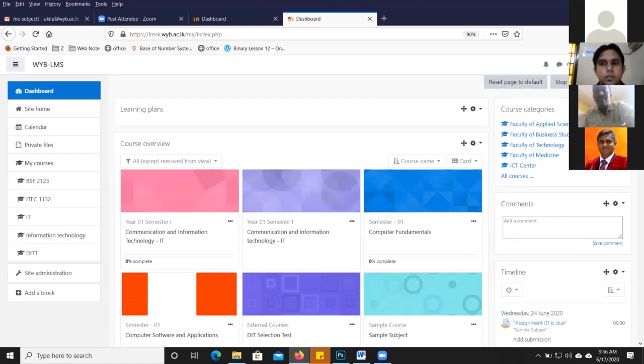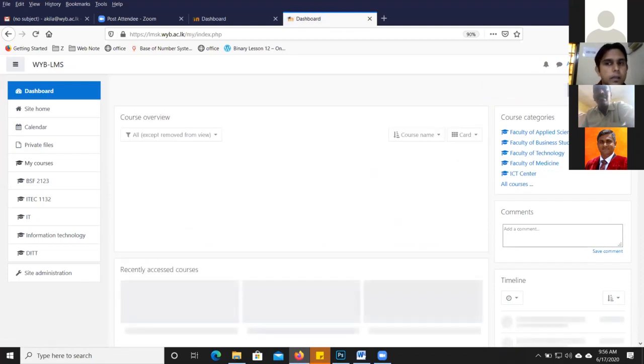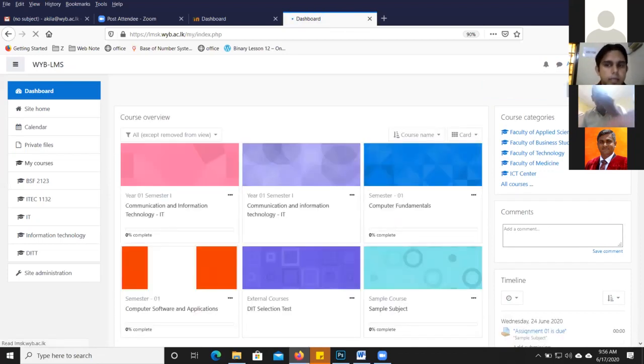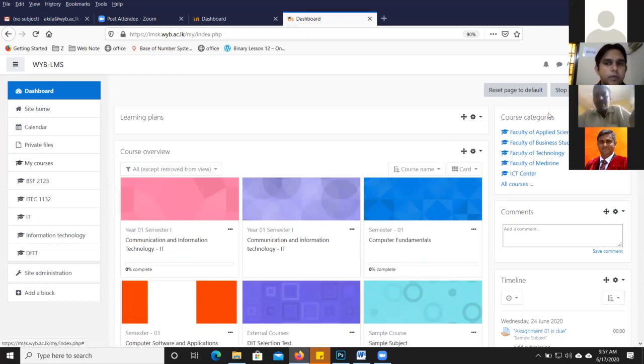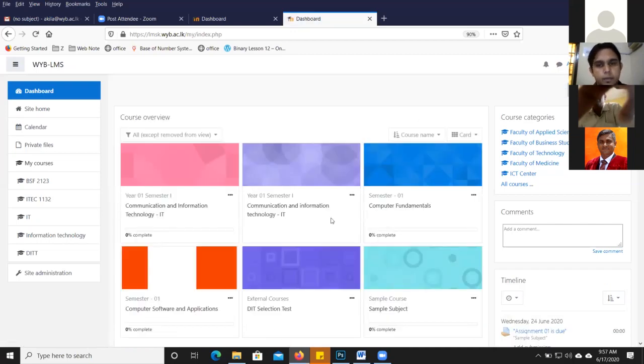What you have to do is just click here, customize this page, and using these icons, you can remove or delete the block. If you want to move that one, you can click on the move icon and move that block. If you want to get another new block, you can click on add a block and add it. If you have any questions regarding these, anytime you can interrupt me and ask the question. Okay, assume that you got that. We're going to move into the next one. You can click on stop customizing this page, then it will get back to normal.